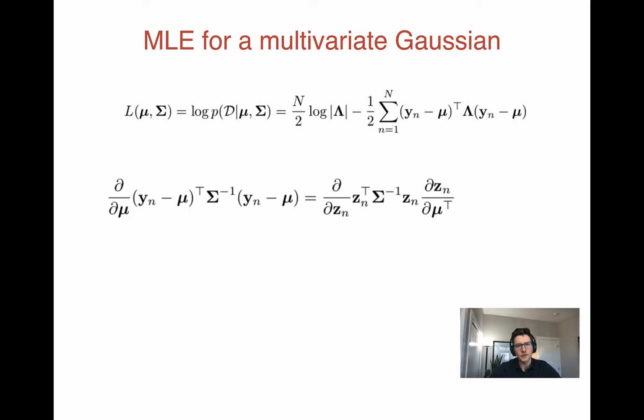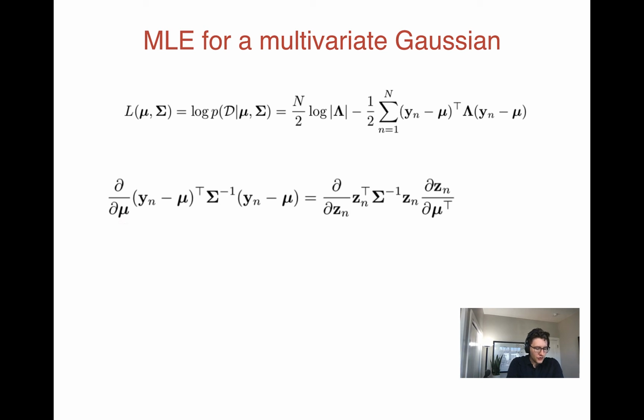So let's see what happens when we take the derivative. We're going to estimate each parameter separately. That is, we're going to take the partial derivative with respect to mu and the partial derivative with respect to sigma separately. We're going to do this as a whole vector. So notice we're taking the derivative with respect to the whole vector